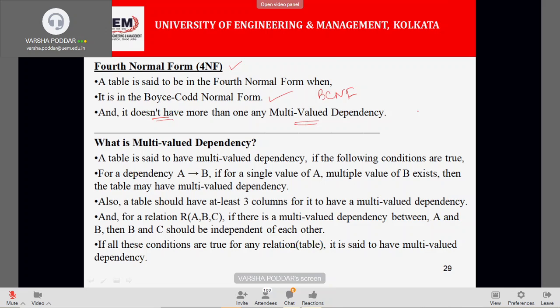Suppose there are 3 columns A, B and C in a table.